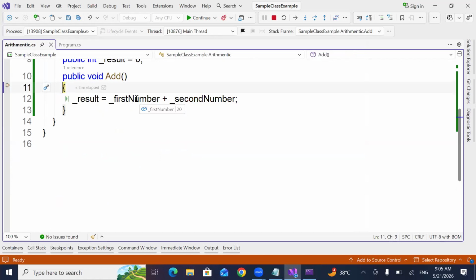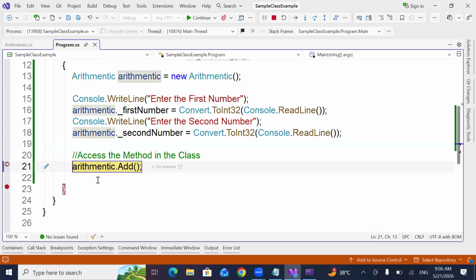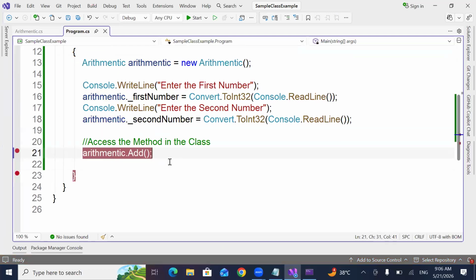Now, what is the value of the first number given by the user? 20. What is the value of the second number given by the user? 10. Now I'm going to add these numbers and assign that value to the variable result. Now, can I print the result something like this?